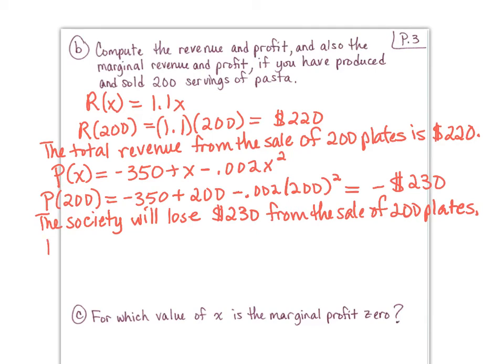So R prime of x was equal to 1.1. So that just means R prime of 200 is going to be equal to what? 1.1. You got it. So what that means is the approximate revenue,